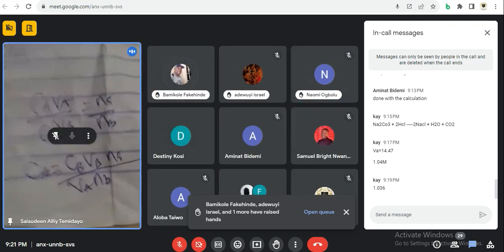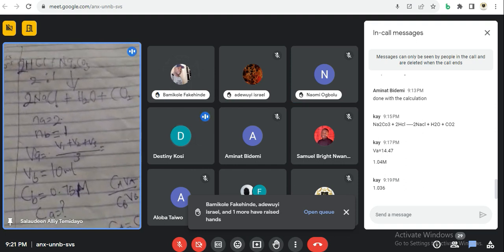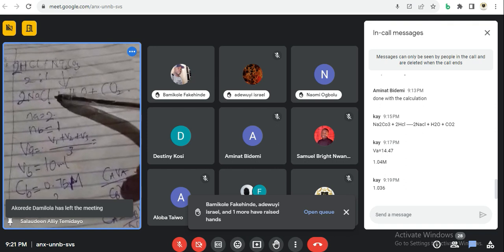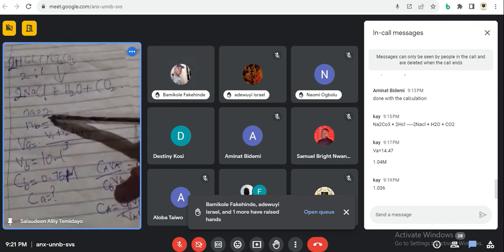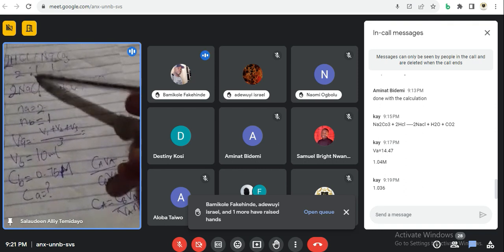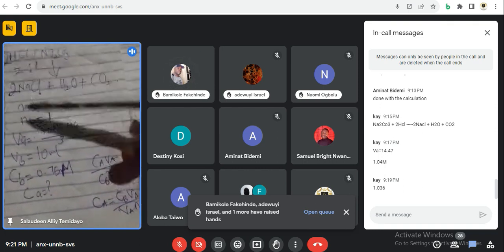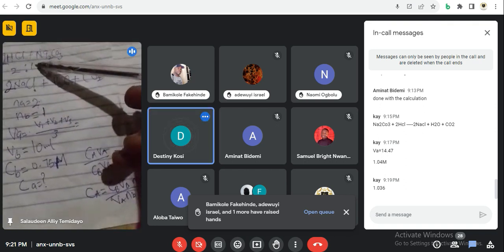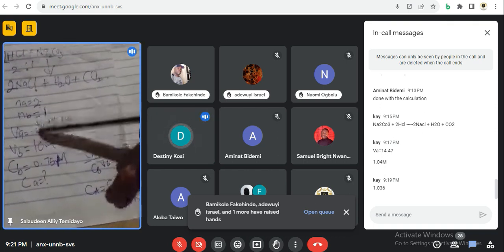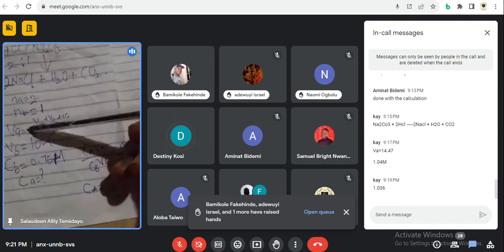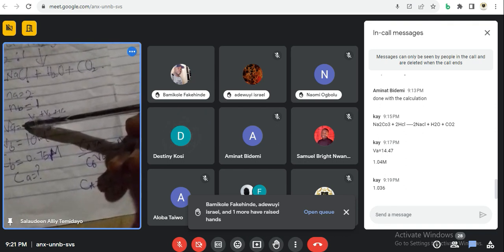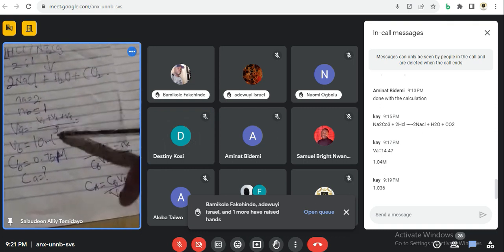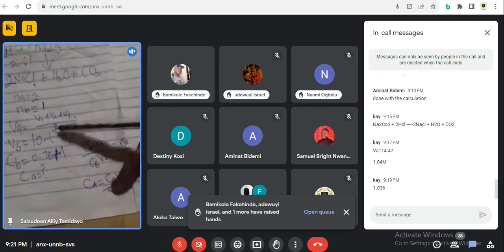This is the formula. I have my information written down here. This is the equation of the reaction. This is the number of moles of the acid from the equation of the reaction, that's 2. Number of moles of the base from the equation of the reaction, that's 1. So I have the volume of the acid, which was given to be